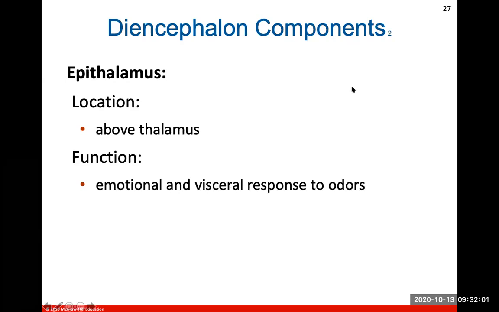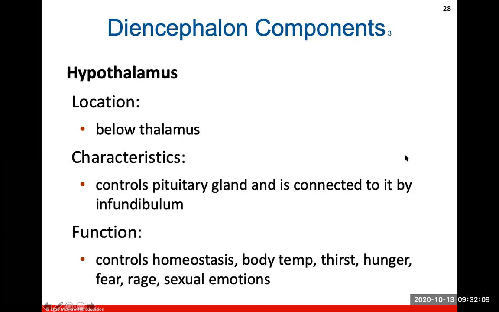The epithalamus is located above or behind the thalamus, and it functions in emotional and visceral response to odors. And then the hypothalamus is located directly below the thalamus, and it will control your pituitary gland. It will be connected to it by the infundibulum, which is kind of a stalk or a branch of brain tissue. And your hypothalamus will control a lot of endocrine or hormonal functions in homeostasis, body temperature, thirst, hunger, fear,